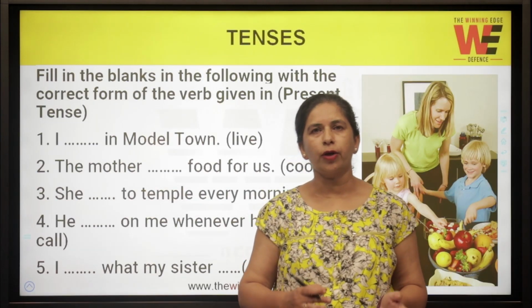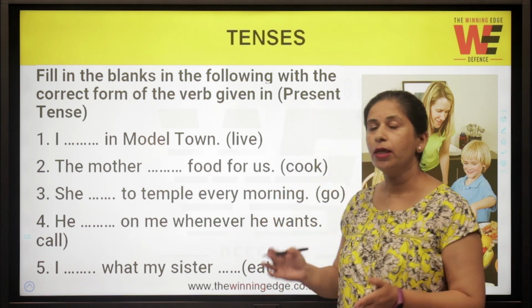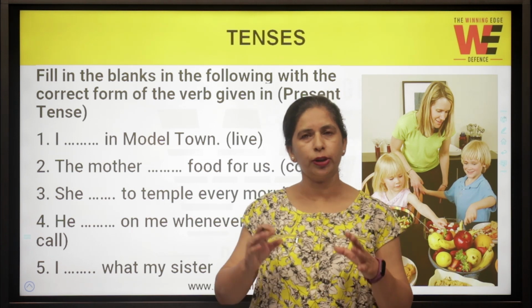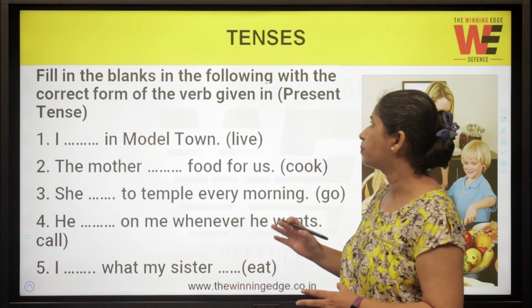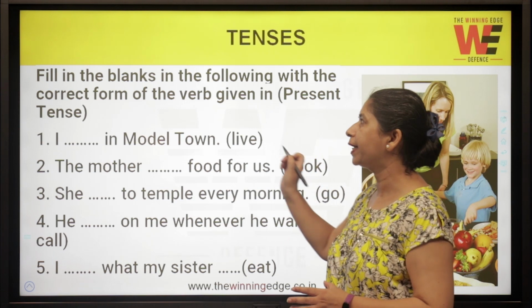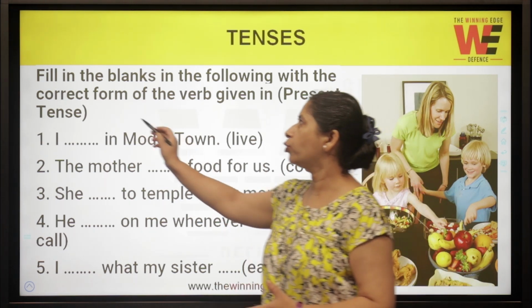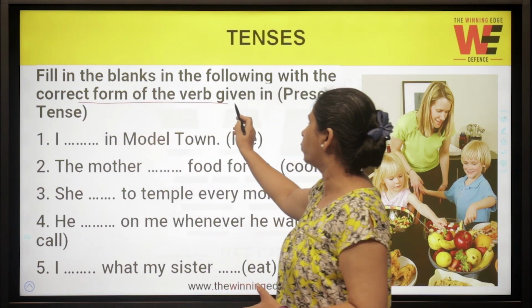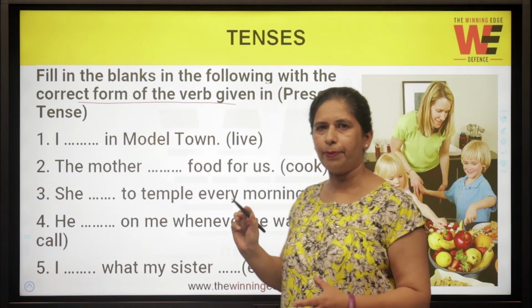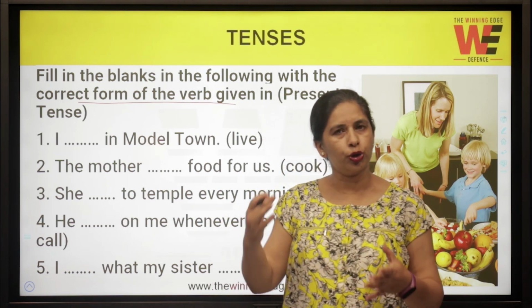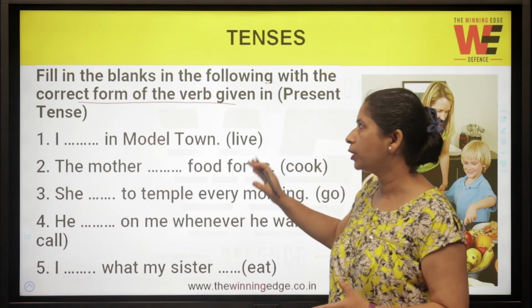So children, now we are going to do a practice exercise so that you are clear with the concept of simple present tense. तो जो tense अभी अभी हमने समझी है उस पे based हम यहाँ पे जो verb की correct form fill करेंगे. In the exam you are going to get these kind of question where you will have to fill the correct form of the verb. Okay, you are given the verb in the bracket. जैसे कि आपको दे रखा है read, cook, कुछ भी आपको verb दे रखा है, but according to the sentence